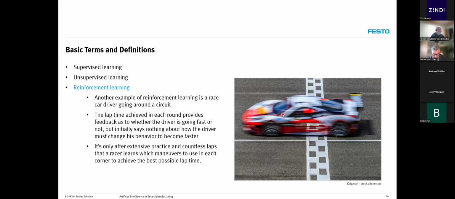Another everyday example would be how to race a car around a circuit. So you race one lap and you get your lap time, but you have no idea how to improve it. So you do it over and over again. And at the end, you might know, in corner 2, I have to slow down, but can I speed up in corner 3? And at the end, I have a faster lap time. So it's always step by step, and a total reward, positive or negative, at the end. So that's the idea. These are the 3 strategies